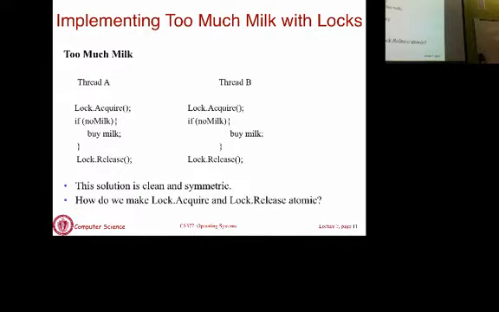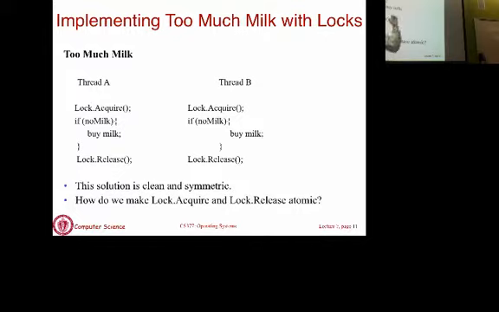Yes? So when thread A used the lock and didn't get the lock, it's just waiting here. The question is, if thread A calls acquire and is blocked, what happens? Yeah, it doesn't have the lock yet, so it's just waiting. Okay, so you are asking if thread A called lock acquire and the lock is already in use.